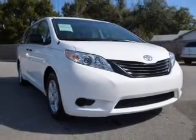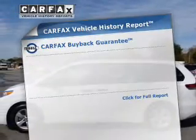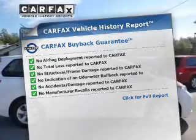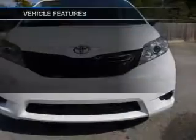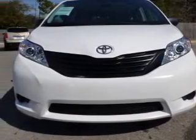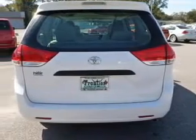The anti-lock braking system will help deliver you safely to your destination. An included Carfax Vehicle History Report allows you to purchase with confidence and the knowledge that your buy was a smart choice. And with these notable features, you won't want to miss out on the opportunity to own this amazing ride. Keyless entry, power door locks, power windows, cruise control, an AM/FM stereo with a CD player, power steering, air